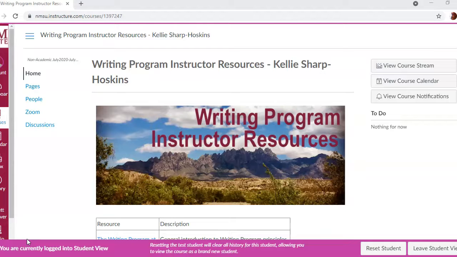This site is really modeled after a previous iteration of this site. Updates reflect the updates for the fall 21 semester. So the new textbooks or required textbooks in each of the courses, the course numbering system, etc. There's also content from the old site that we have moved over and that is really still valuable and incredibly important, especially for experienced instructors who have been in the writing program before. But quick tour so you know what's available to you.